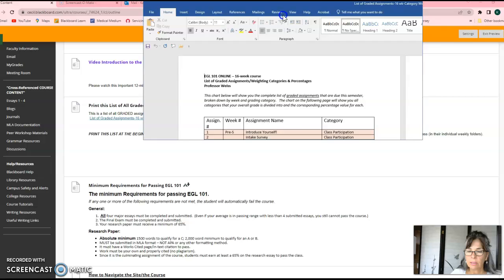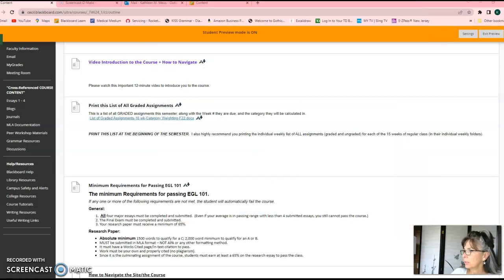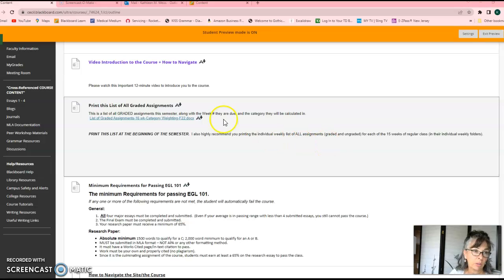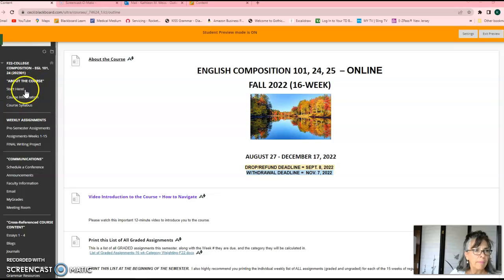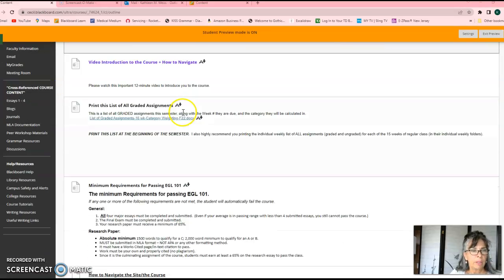So this is a handy little sheet to print out and keep with you. Each separate week, and the module has a list of graded assignments for that particular week too. So up here we have everything about the course. We're right now on the Start Here page, and